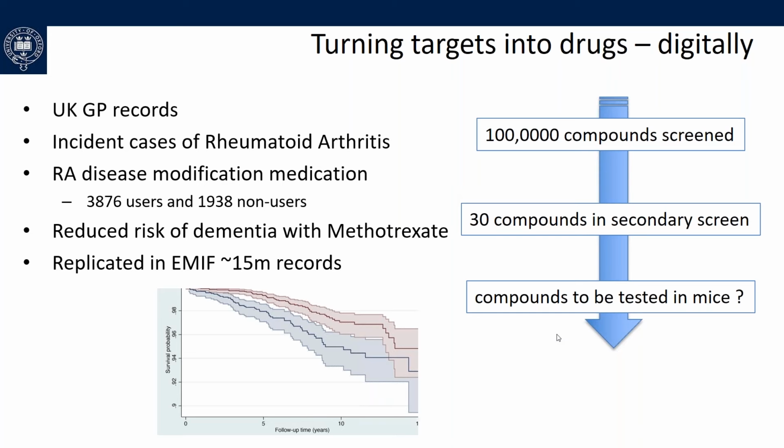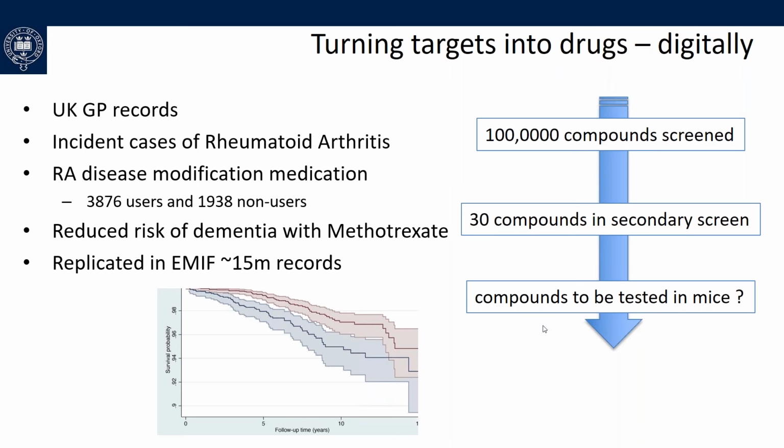And then we looked for new cases where people had been given the newer drugs that tackle that inflammatory disorder. We found nearly 4,000 users, and we paired them to non-users, and we found a substantially reduced